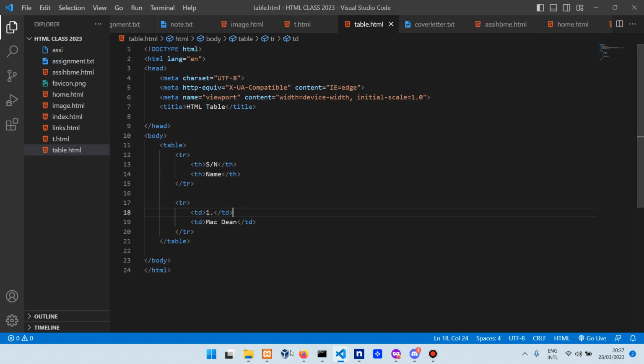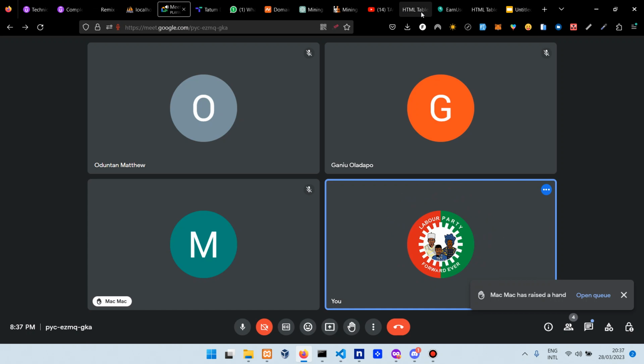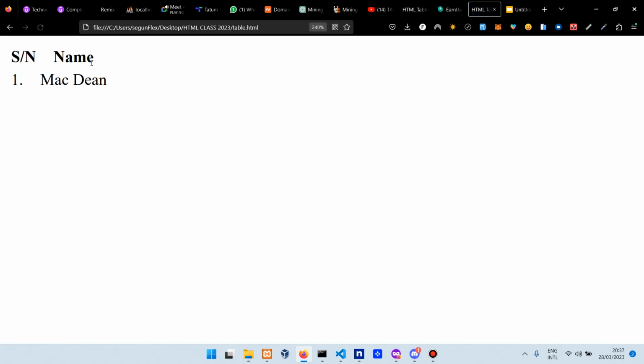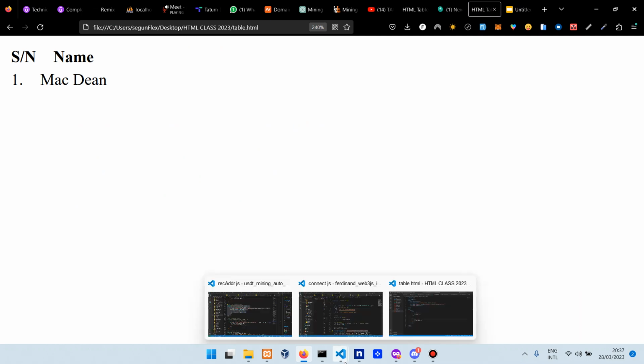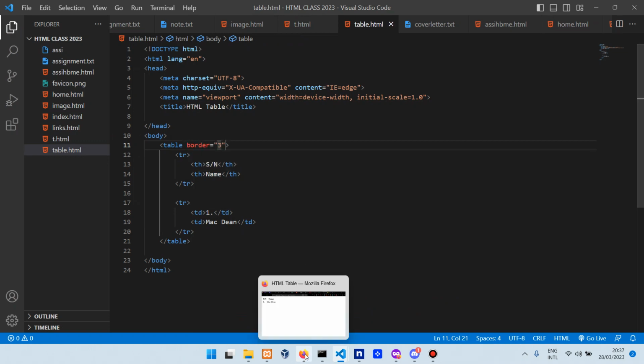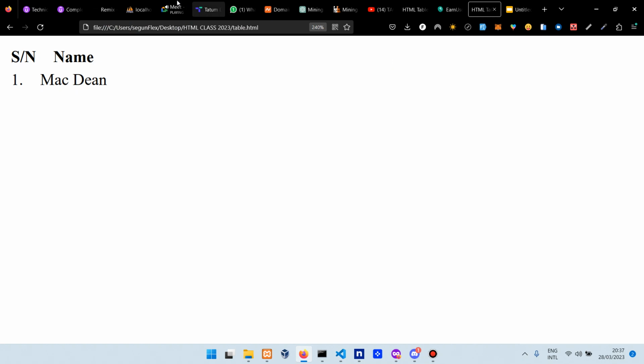I save it, I check my browser. Okay, you can see that is it. And I made mention of a particular attribute, which is the border attribute. If you want to put the border around it,